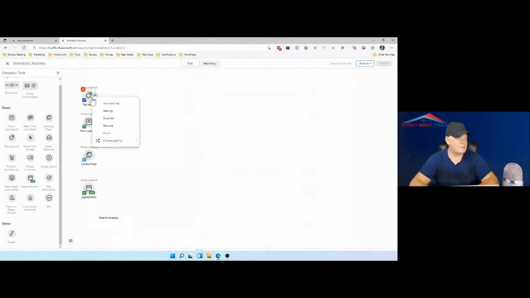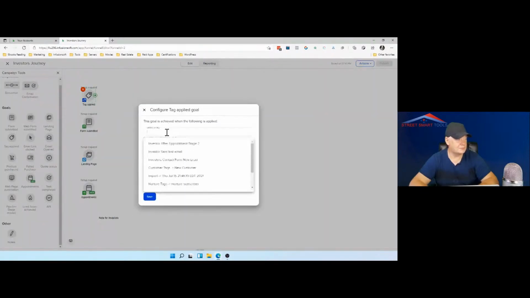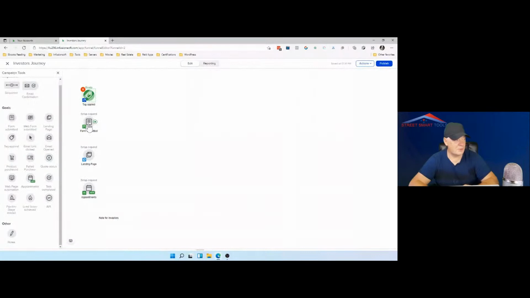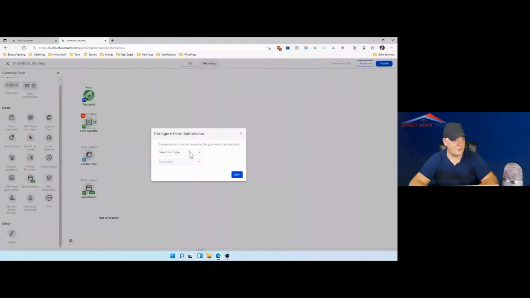So let's do it this way. Let's go with the tags. Investor sent first email. So let's do this one, right? Yesterday we were talking about forms, so that will be the external public form, and then we will choose investors contact us, right?